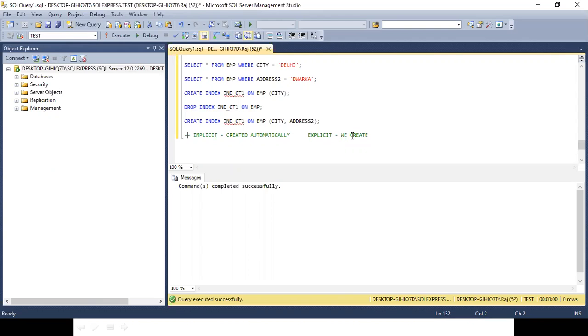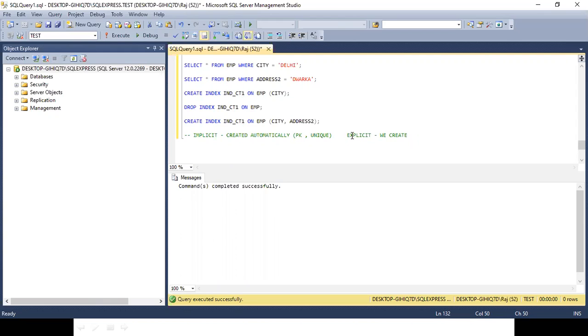Now, if they are automatically created, when are they created? Whenever you create a primary key or unique constraint, indexing is automatically done on that particular field.